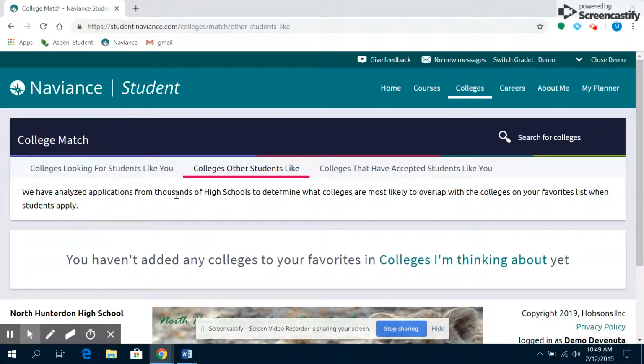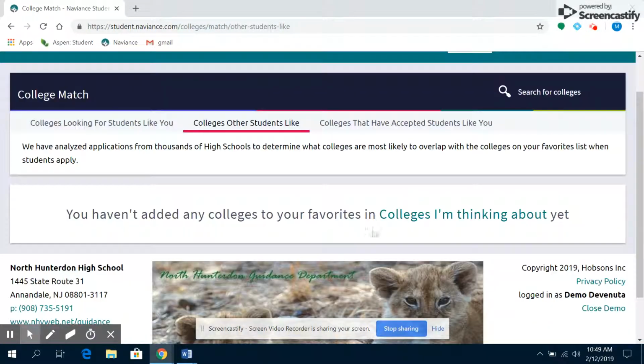So you could read here that they analyze applications from thousands of high schools to determine what colleges are most likely to overlap with colleges in your favorites list. And that's a good resource to have, because maybe something that you didn't think that you were interested in will pop up here, and you'll look more into that, and then you will realize that maybe you were interested. The last tab is colleges that have accepted students like you. So when you click on this tab,